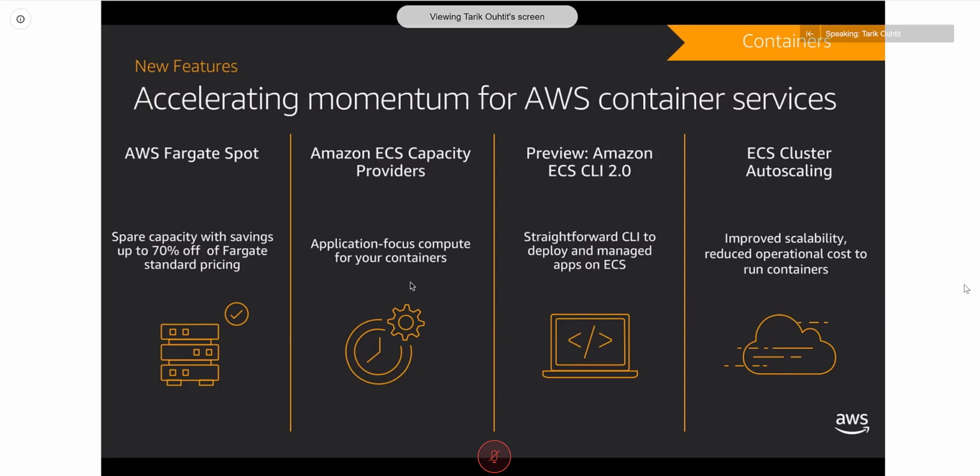So first off, AWS Fargate Spot. We've had Fargate for a while. It's a really nice serverless way of running containers where you can give AWS the container and we'll run it for you without you having to worry about any kind of infrastructure. We're going to dive a bit deeper into Fargate in a moment, but the key thing for you as a customer here is that we now support spot pricing. And what that means is you can see a huge discount on your costs by bidding on unused capacity in our data centers. So this is a really good way of saving cost.